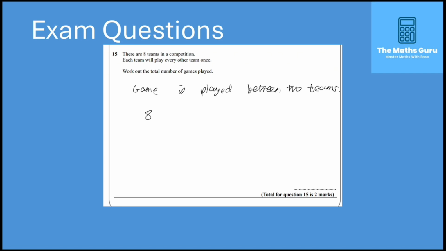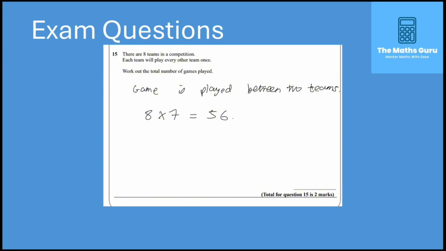Okay, so if they need to play every other single team, this means they need to play 7 other teams because they cannot play themselves. If they were to play 8 teams, that would be incorrect because there's only 8 teams in the league. They cannot physically play against themselves. So they need to play against 7 different teams. So we need to do 8 times by 7. And now this gives us 56, which means that each team will be involved in 56